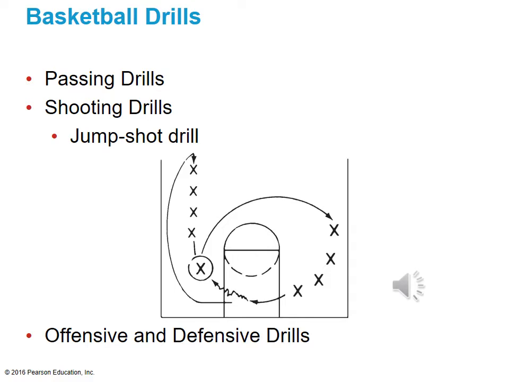You have passing drills on page 622, slide circle drill. There's circle star drill in our outline, and then squat split vision drill in our outline. 3-player weave, some people call that the figure 8. You have shooting drills here, the jump shot drill where you come here and then you take the shot, come back around, get the rebound. You have offensive and defensive drills on page 624. They give you all kinds of ideas. These are all lead-up type of activities.